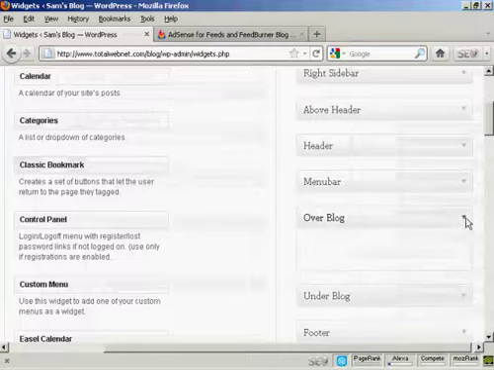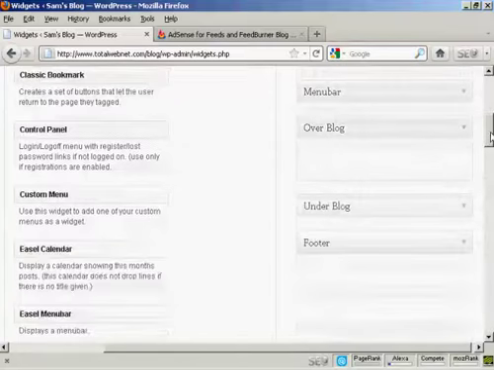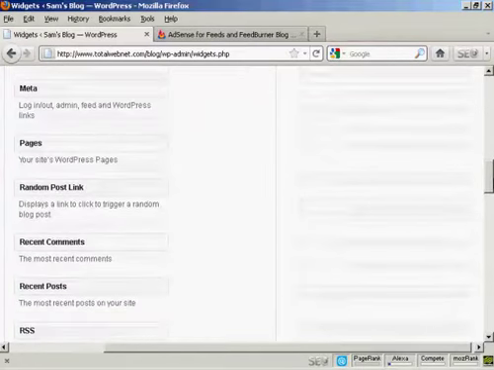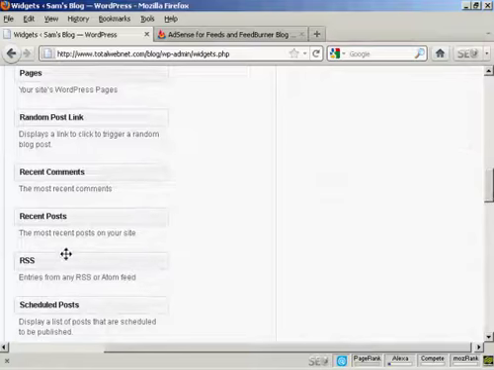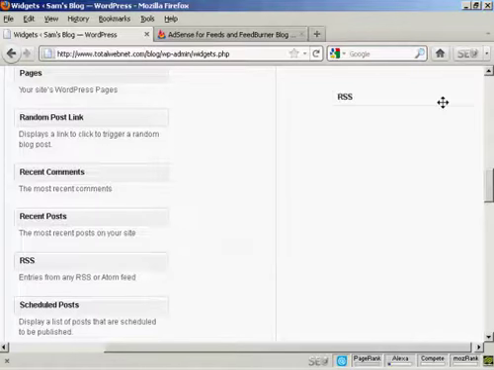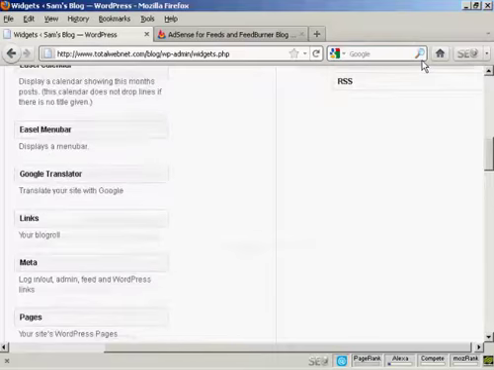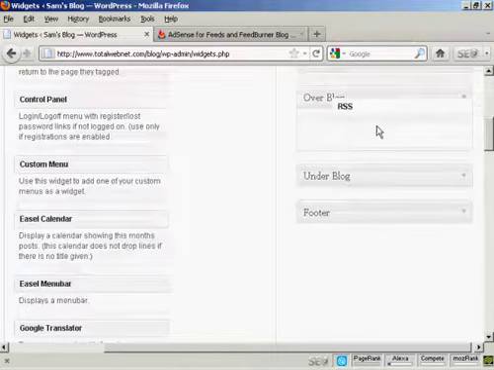So let me just open up that for the moment, and then the widget that I'm going to use is this one here, RSS, and it's already pre-installed. So it says entries from any RSS or Atom feed. So I'm going to drag this up so that it goes over the blog,